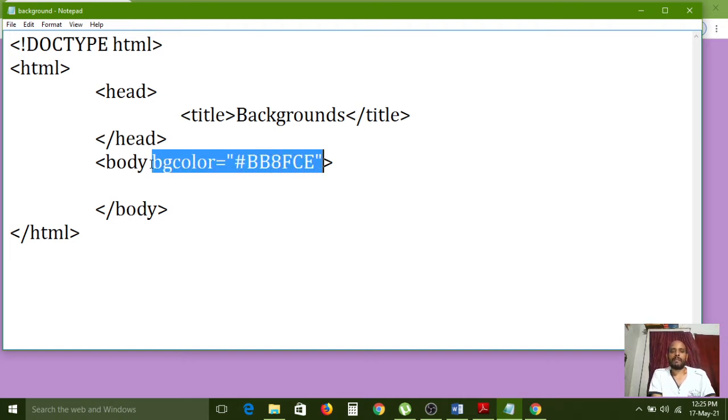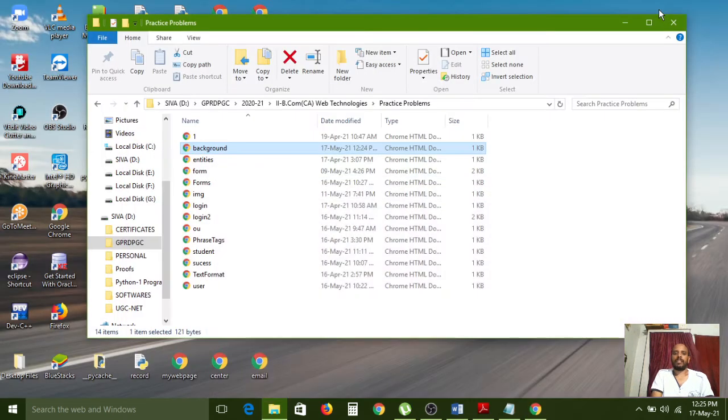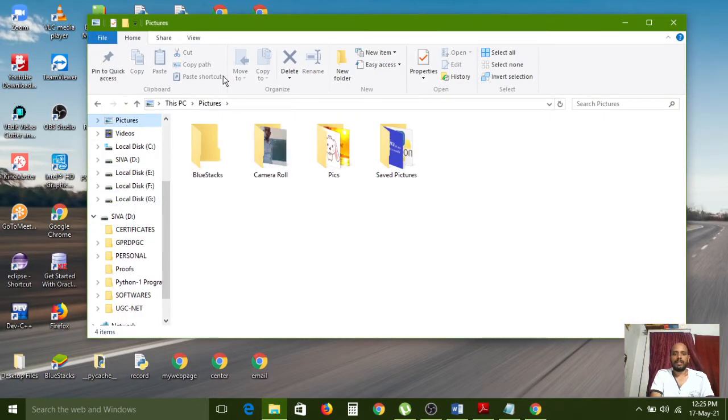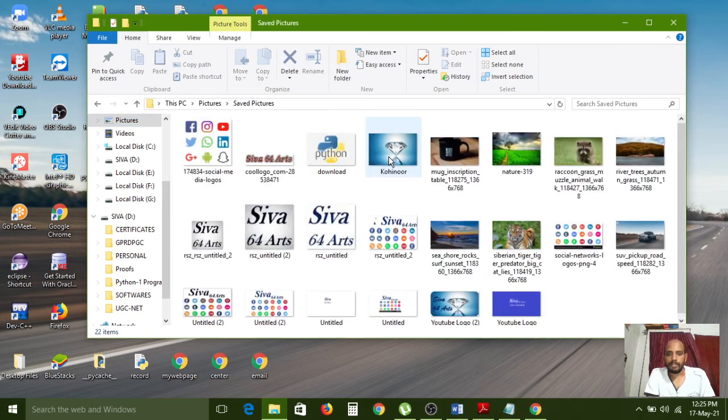But if you want to apply an image, the background attribute is useful. And here the location also needs to be given. First open any pictures on my laptop. I have a number of saved pictures here.